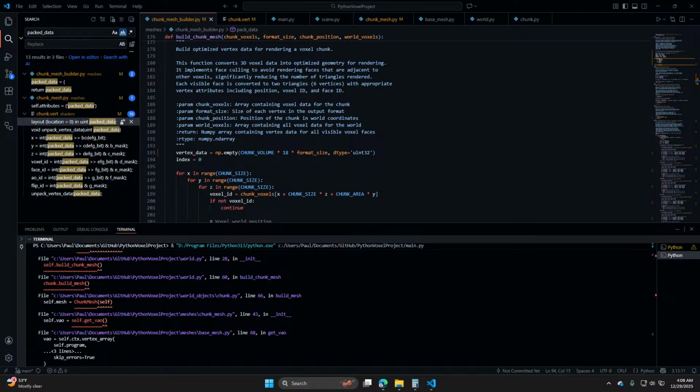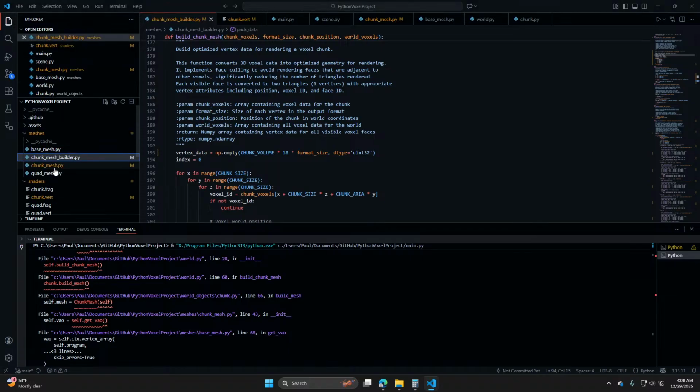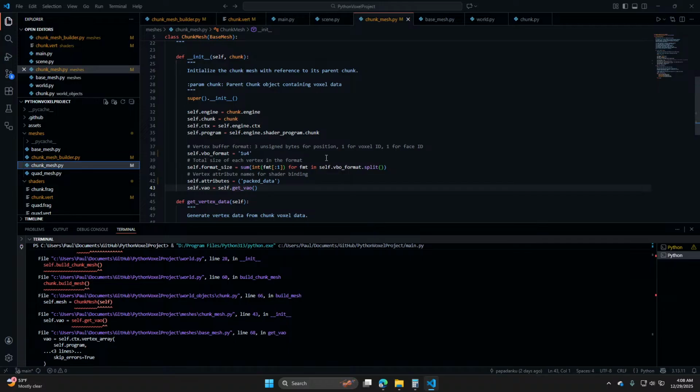Instead of calling the function of casting to the data type, we use the pack data function. And the chunk mesh class will also be affected by the changes. We will have an unsigned 32-bit data type for each vertex with the attribute name pack data. Chunk meshes. So that's a 1U4, and then we get a pack data. And in the vertex shader,